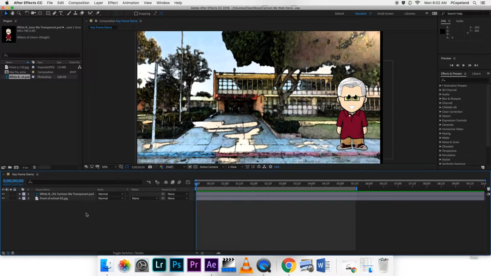Today we're going to learn how to use the Puppet Pin tool. Now we're going to go through all the steps of how to get there. So we've got our background, we've got our avatar, and the first thing we need to do is move our